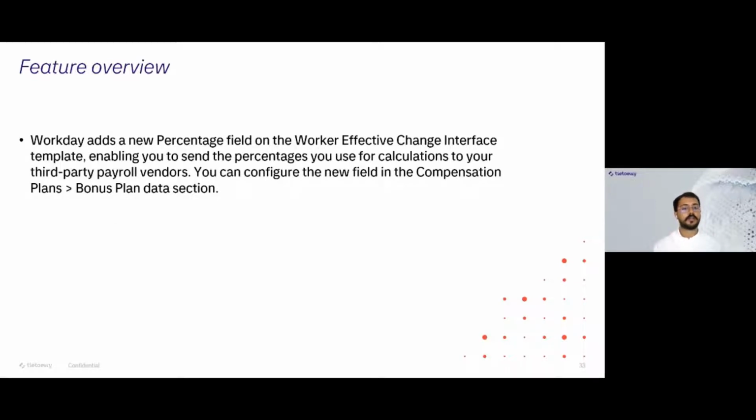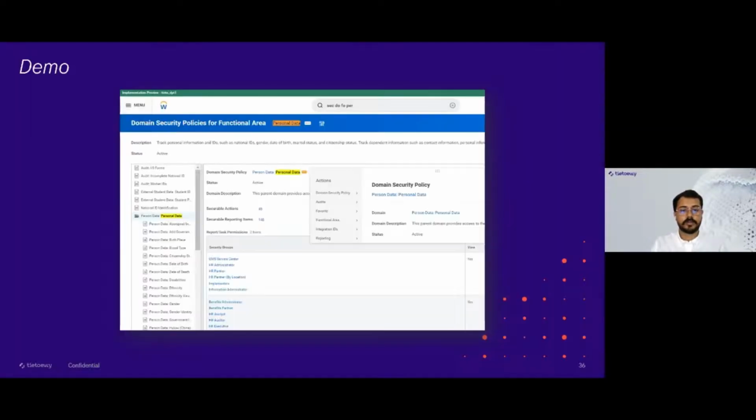Then moving on, we have also changes in the Wiki. We have added a new percentage field on the worker effective change interface template. This enables us to send the percentage on our calculation to third party payroll vendors. And we can configure it in the compensation section of the bonus plan data. To show,